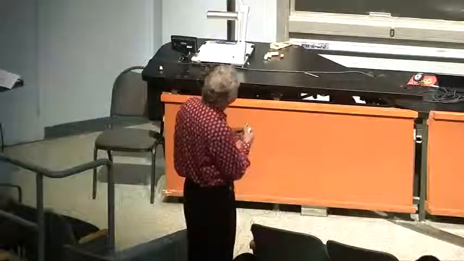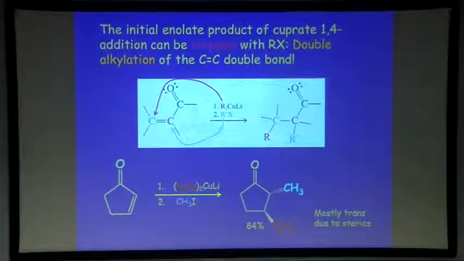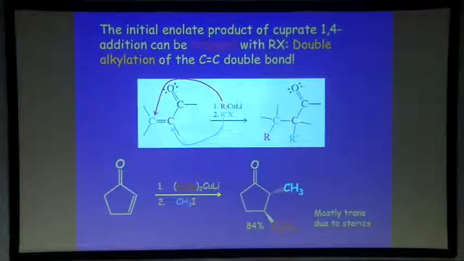And so what happens is, the first step, the cuprate adds to the beta carbon that introduces the red R, and then you get an enolate anion, and if R', the blue R, is chosen appropriately, that alkylation is feasible, then you introduce a second R group. Okay? Here's an example, cyclopentanone with diphenyl copper lithium. So I'm using the phenyl lithium-derived cuprate. And it adds phenyl group to this position here, and then